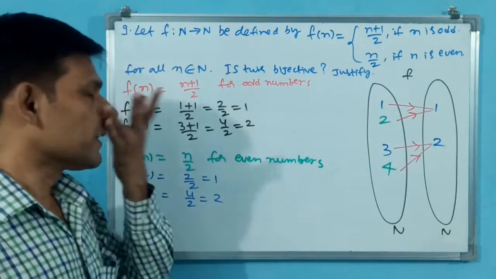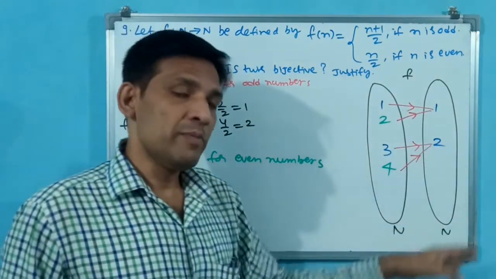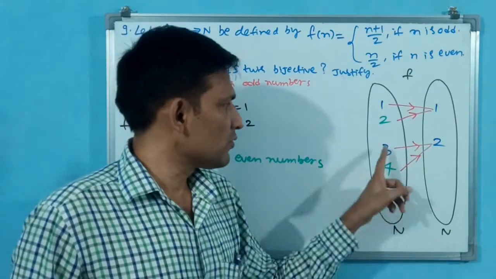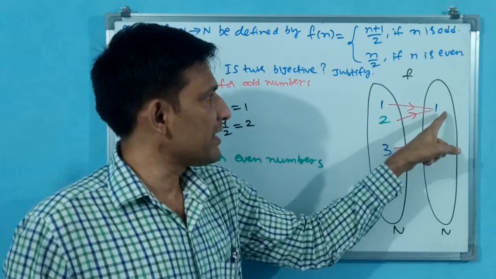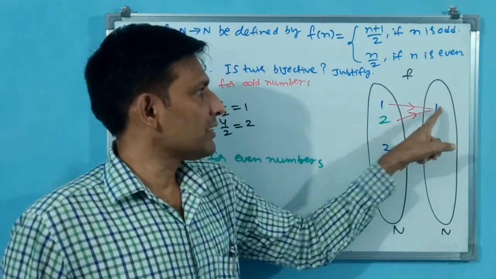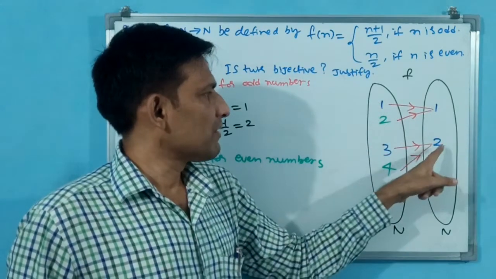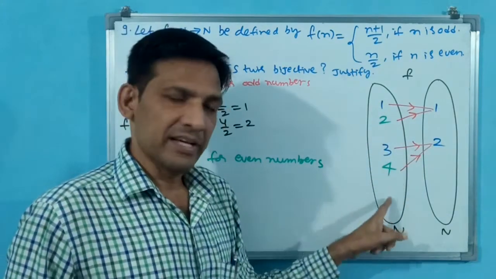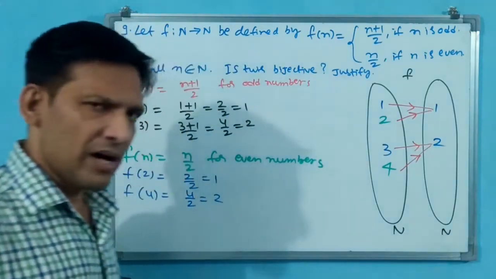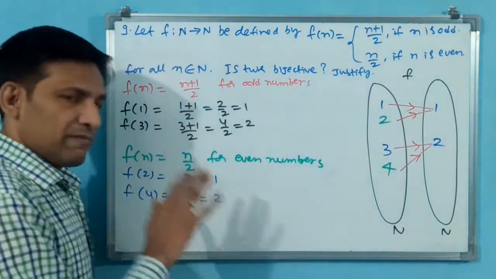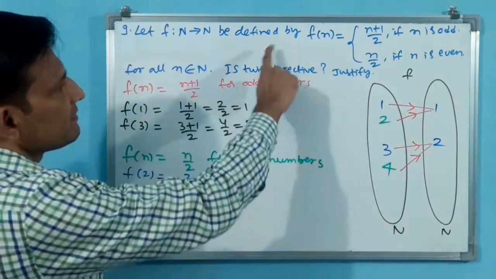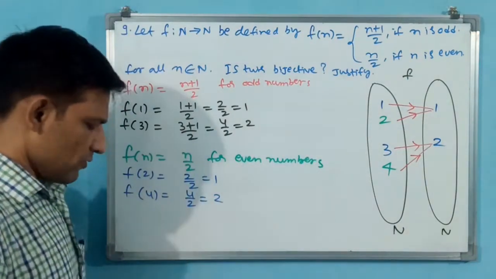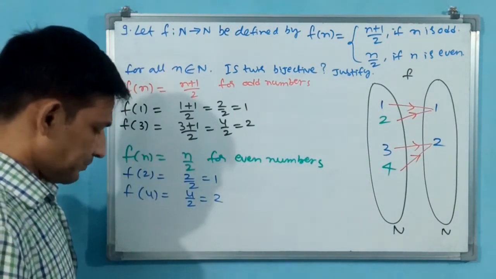Is this onto or not, we need not go further. Justify, he told. This will be onto. Why? Because for each number, 2 numbers will be there. For an odd number also, odd and even are there. For an even number also, odd and even are there. Like that, it will be onto. But first we have to write, is this bijective? No. How to write? You see.